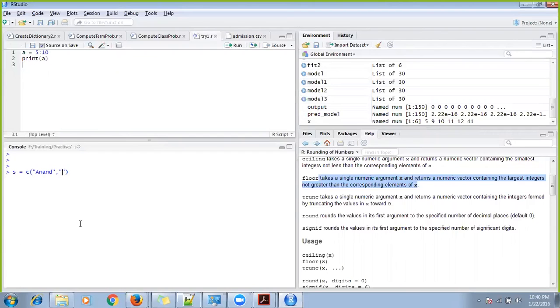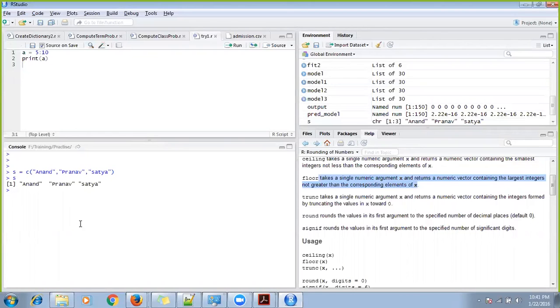I say Pranav. Then let's say my name, let's say Satya. So I can also store string values into a vector, right? And names, when I say names of values, that's optional. You can store or you may not store. Right now it's a string, you may store or you may not store. It depends. But you will see how the names come into the picture and how useful they are during the next few classes. So you can store string values.